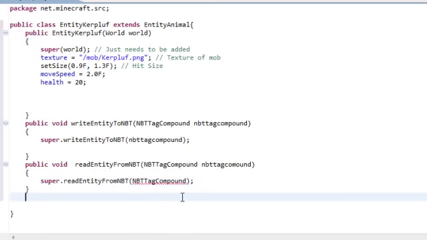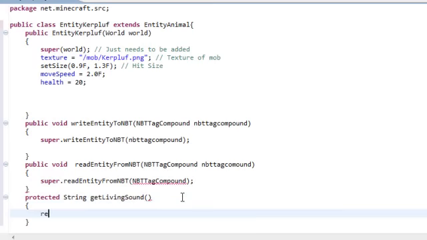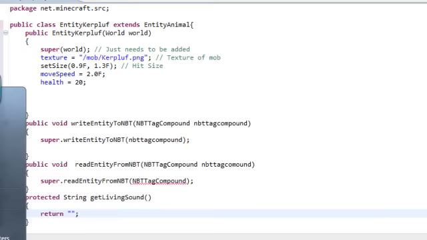So after that squiggly bracket, it's all easy going from now. We're going to add the sounds. So type in protected string get living sound parentheses, and this is for whenever he's just walking around, and what should he say. A quick way to figure out the sounds: just go into app data